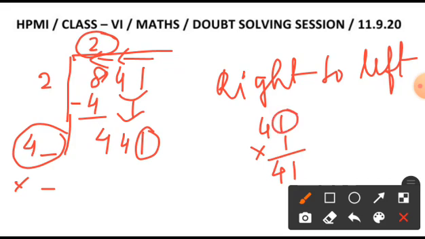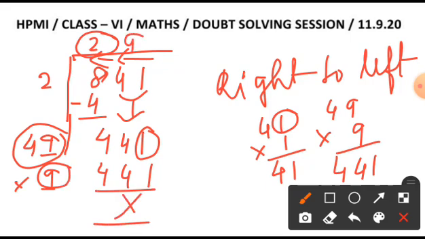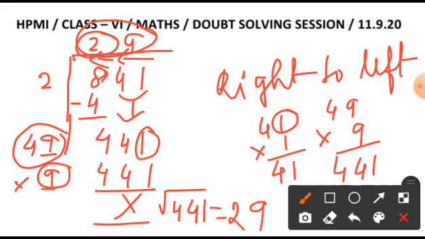Next, what are the other numbers multiplying which we get 1 in the unit digit? That is 9. You multiply 49 into 9, you will get 441. So we are simply doing 49 into 9, that is 441. So this 9 you are going to put it over here. Now you are getting the quotient as 29. So finally you are getting root over of 441 as 29. I hope children you understood the steps. Try to follow the steps.